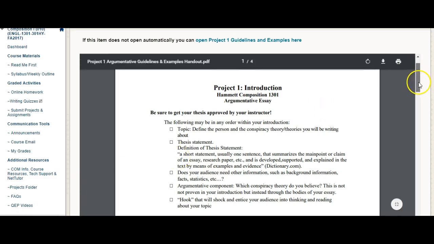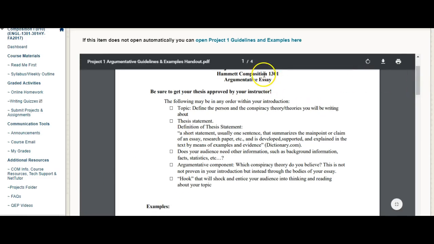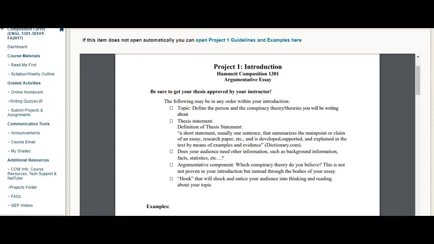Let's take a look at the parts of an introduction. First off, we have a topic. Define the person and conspiracy theory or theories you will be writing about. This can include whatever your conspiracy topic might be. In this case, the examples that we will be looking at today fall under the Natalie Holloway conspiracy, so we'll